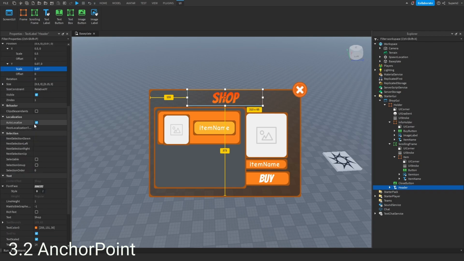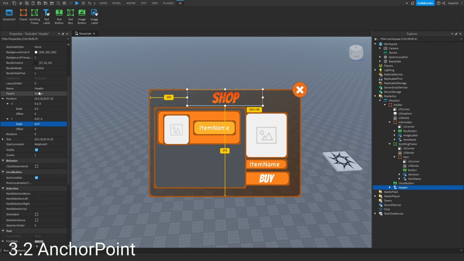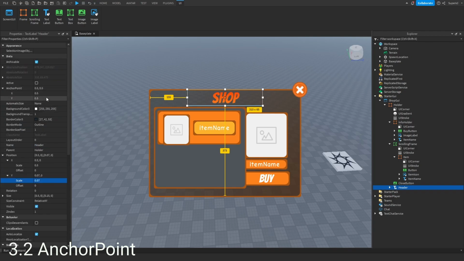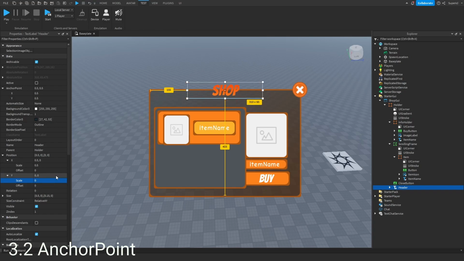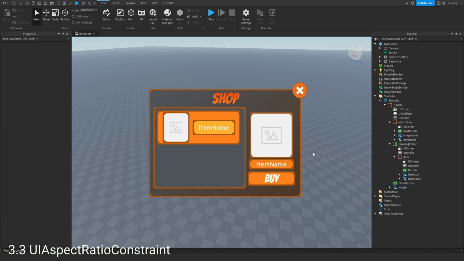So in this case we don't actually want the anchor point for Y to be 0.5, because it will be kind of unaligned, because as you can see it slightly goes out of the box. So we're gonna set it to 0, and now it fits in perfectly. So now that we've got everything aligned correctly,